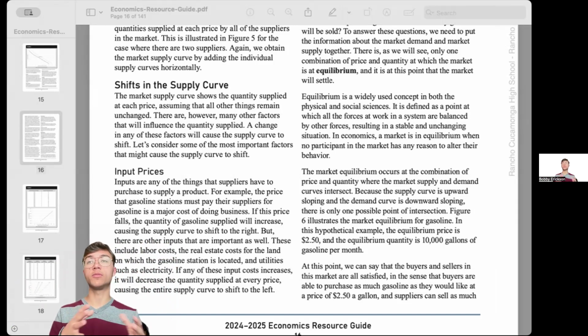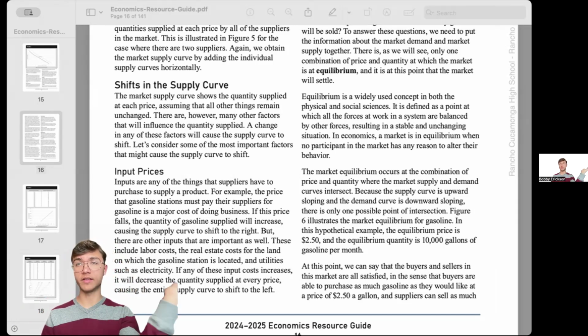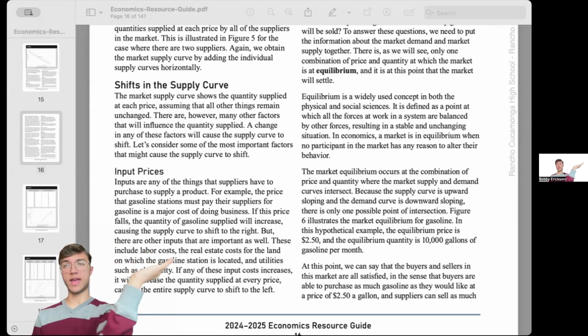We talked about the difference between quantity supplied and supply, just as we talked about that for demand. So everything is going to shift over to show that if the input prices, for example of bread, increase, then the quantity supplied at every price point, or just the supply, is going to decrease. And then let's say that the price of bread falls. Well, then the sandwiches can be supplied more because they're cheaper to make, and so the supply curve increases. So if we go like this to the right.